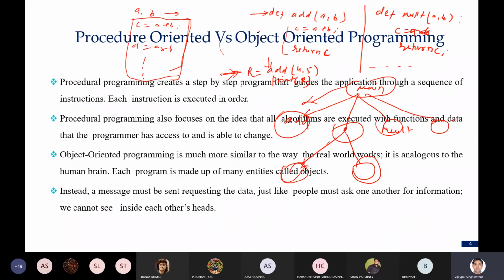In procedure oriented programming, you have also visualized that if I write a variable above the def function, suppose the initial value of sum is 0, multiplication is a variable, and its initial value is 0. If I'm using this variable inside this function, there is no need to return this value, and we can directly print sum after calling this function.